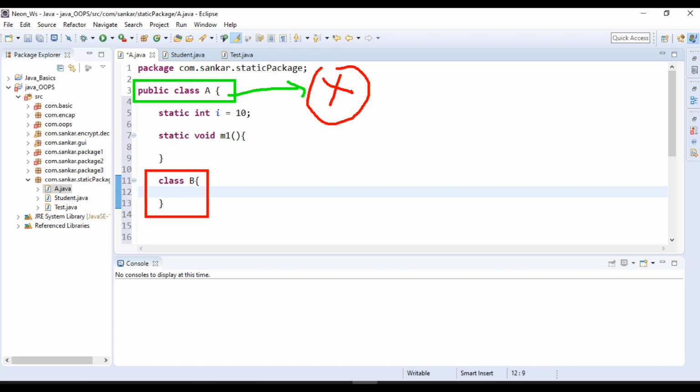We call this an inner class. For this class we can apply the static modifier, and then it is a static class. In an interview they may ask this kind of question: can we apply static modifiers for classes? You can say yes, it is possible for inner classes.